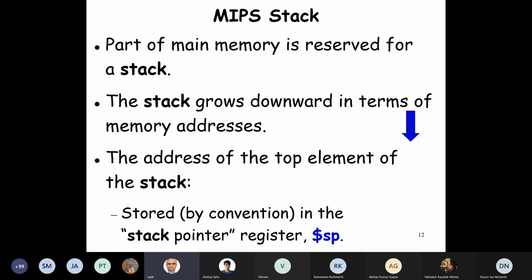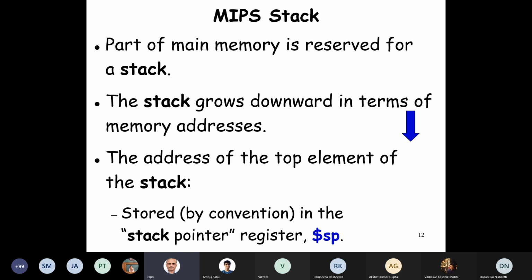The stack grows downward. So each time we want to save some value, we'll have to subtract 4 from the stack pointer. And that makes a place. When you subtract 4, the stack progresses downward by 1 word. And there we'll copy the value that we want to save into the stack. So the stack pointer at any time will show what was the last value that was saved.